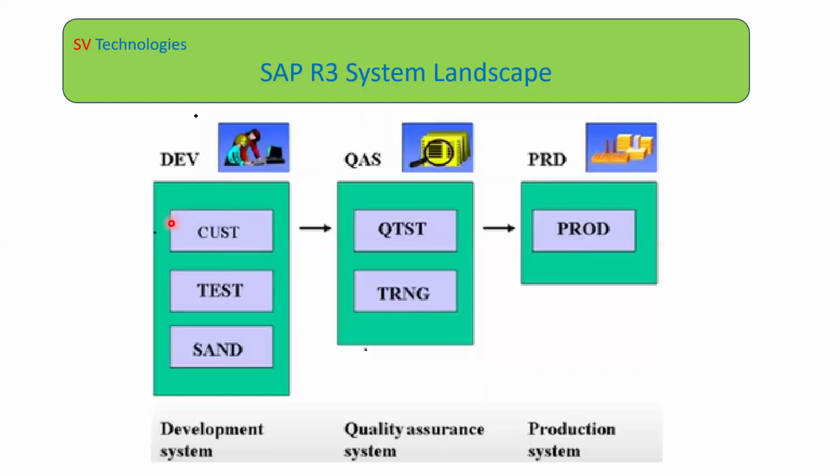the development system. Once you have done some customization or developments in the golden client, we cannot directly move these changes to the quality system. Before moving them to the quality system, whatever changes or developments we have done, we need to do some unit testing. That means we check whether the development is working as expected or not.